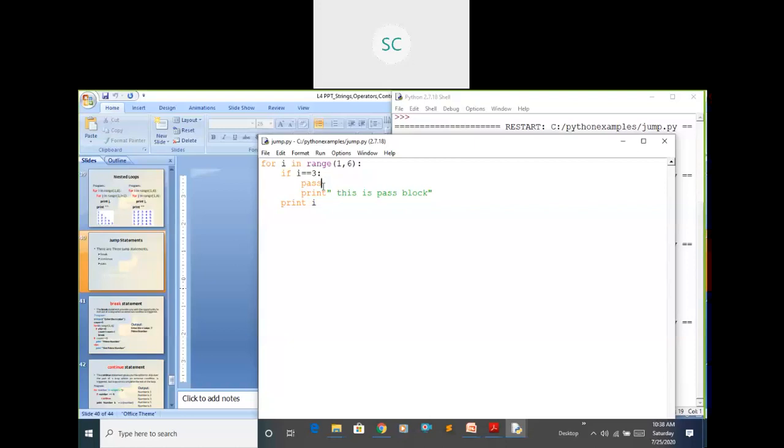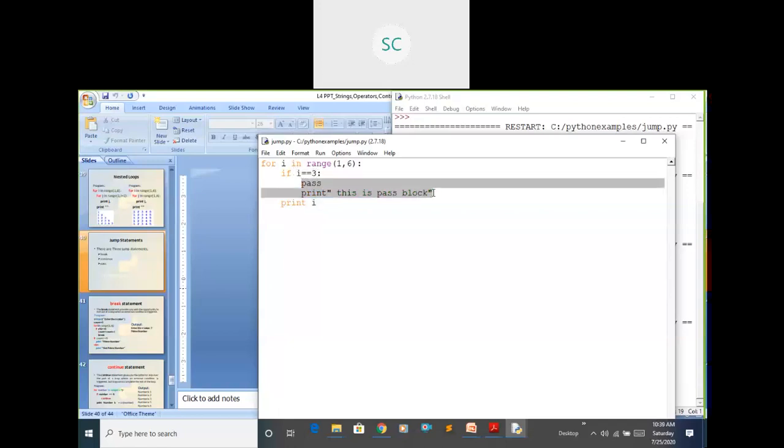But if you want to add some extra code within that loop, you can go for this pass. In the middle of that loop, if you want to insert some code, in that case you can go for pass. See what I did here: if i equals 3, I just want to include some code in between that loop.